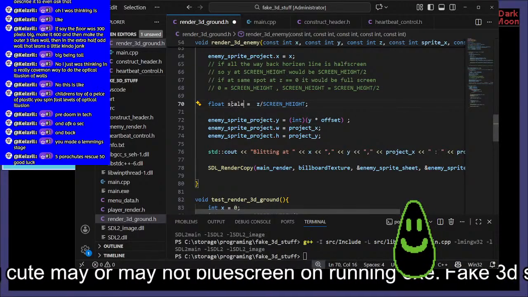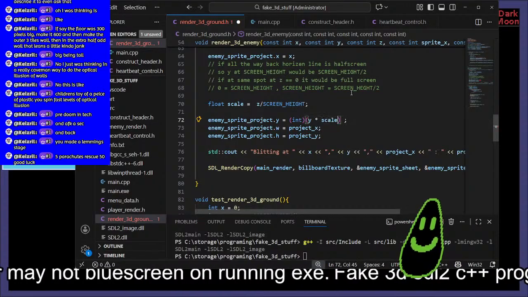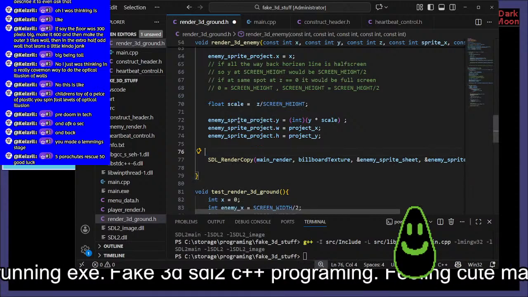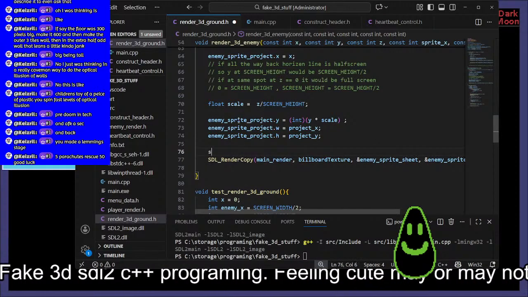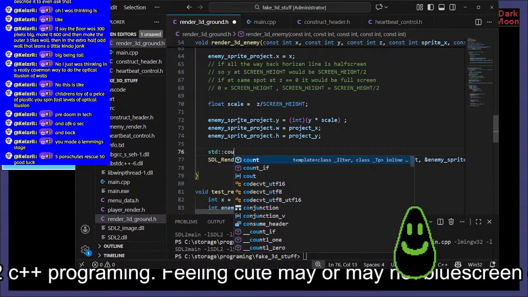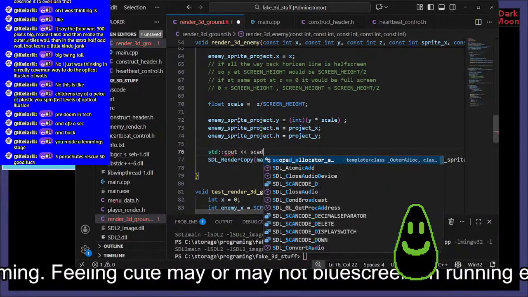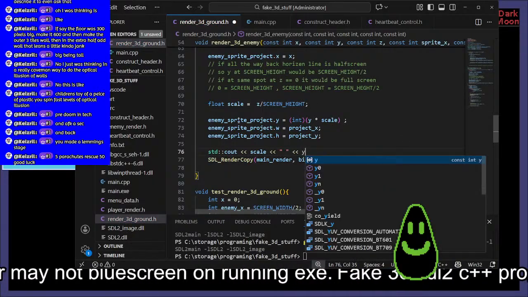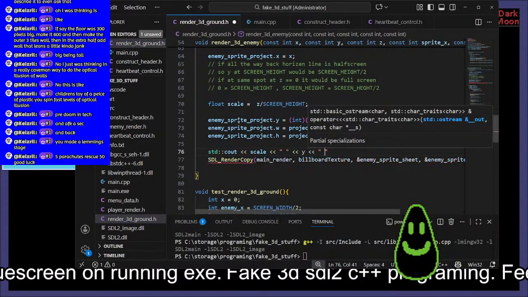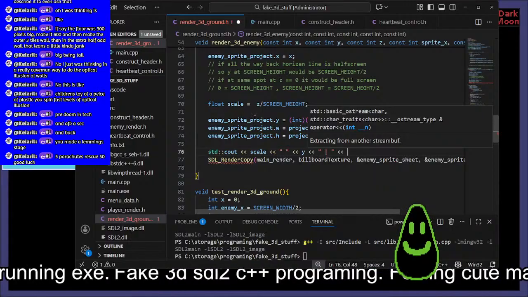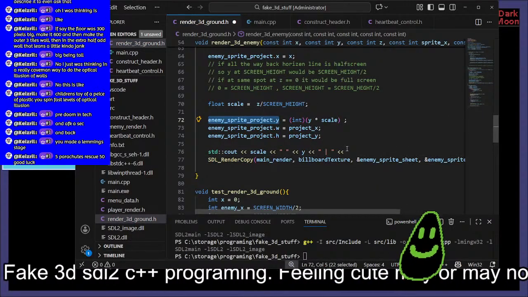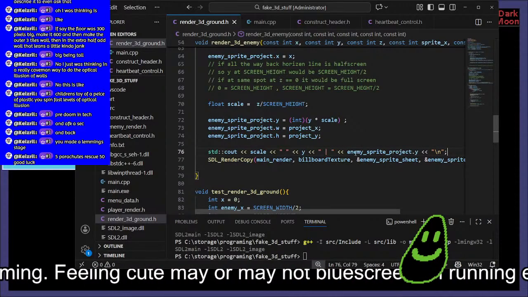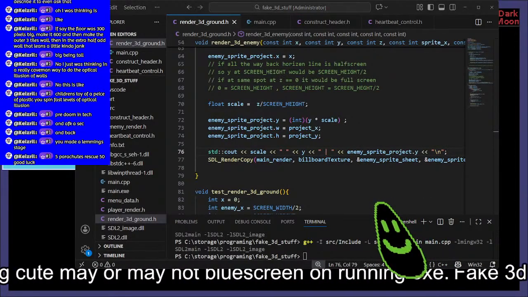That's more of a scale than offset. std::cout, scale, Y. And then we get the enemy Y, and then new line. I used to say endl, but